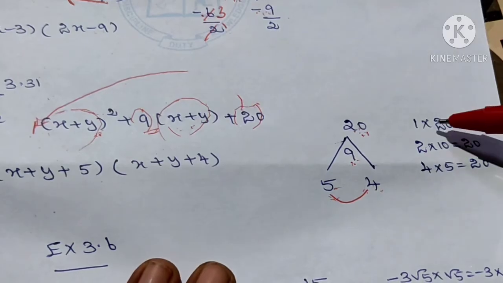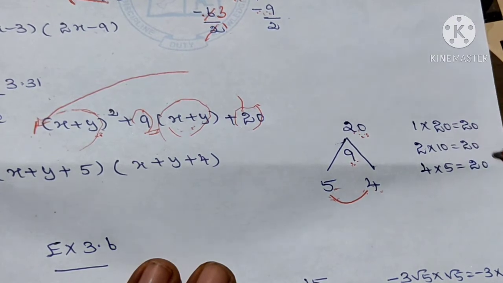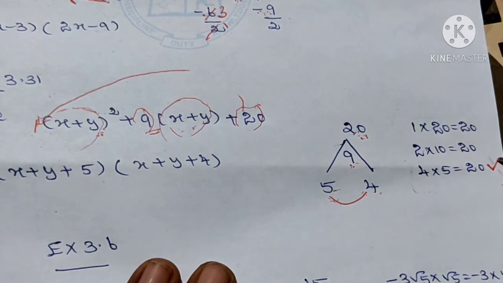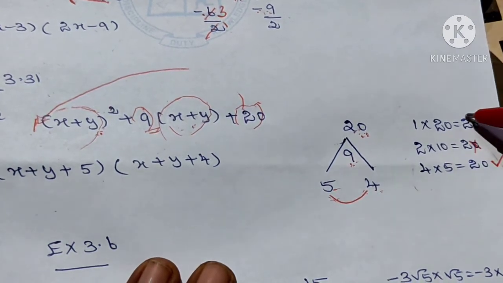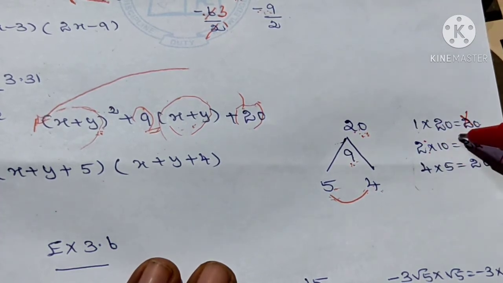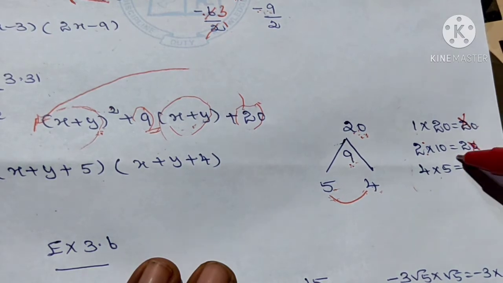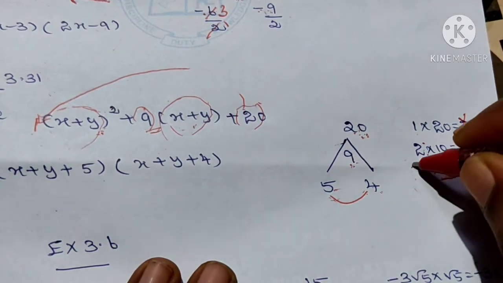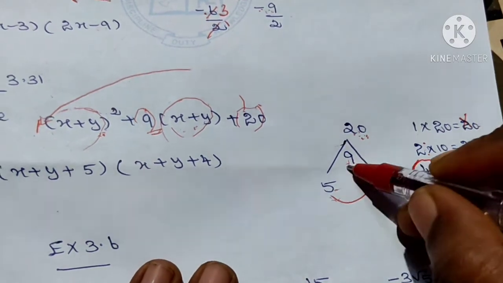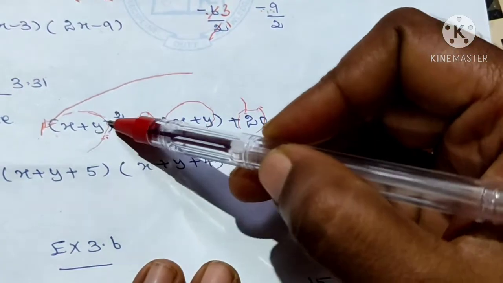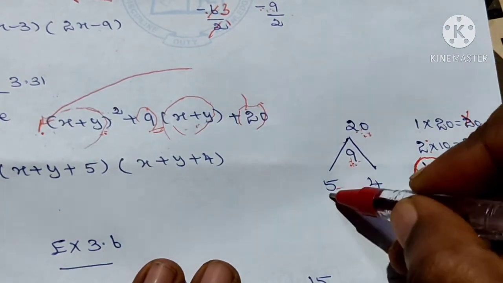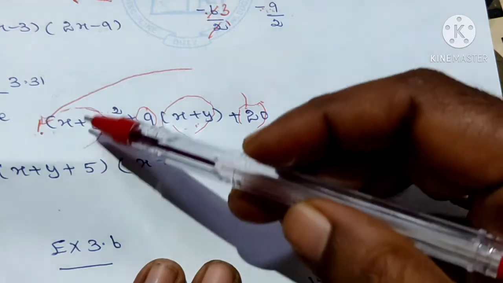If we use the tables, we get 3 sets of numbers, but the possibility is 4 into 5 or 5 into 4. Other tables you don't use because the addition and the subtraction give different values. So the only possibility is 5 fours are 20. Select this one: product is 20 and the addition is 9. The coefficient of x plus y the whole square is 1, so don't do any division. Using these two numbers write the answer in terms of x plus y.